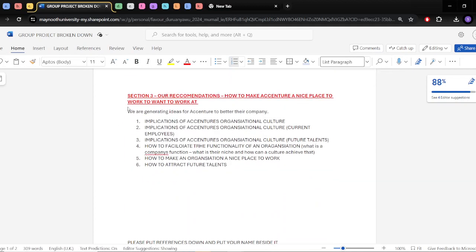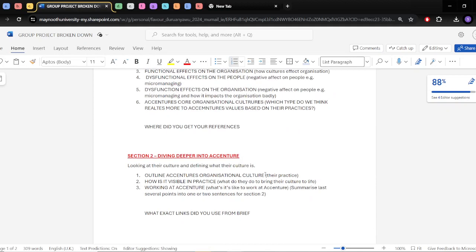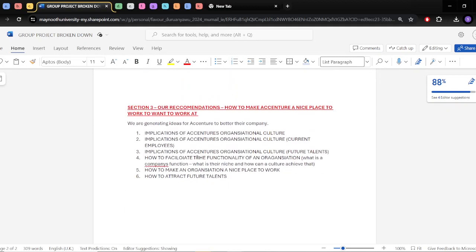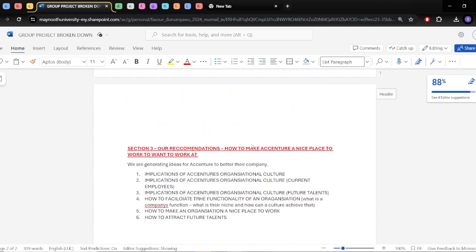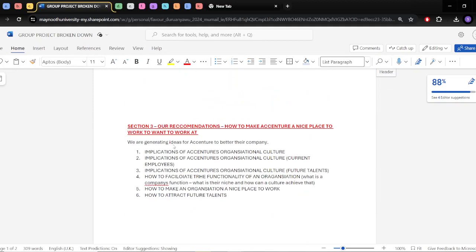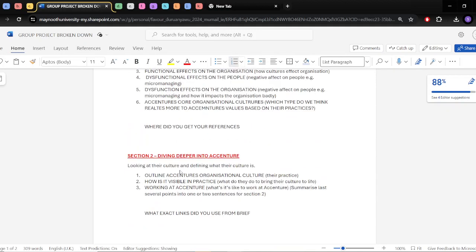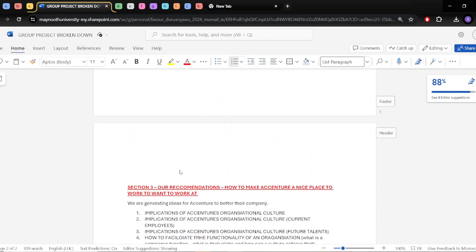And now for part 3, we did organize it from the brief, but as you can see, we didn't explain it how we explained it here. Blessing took the time to explain this a little bit more. But we didn't do that for this part, because we're not going to do section 3 until we have section 1 and section 2 done, because this is combining these 2 things, and I'm going to talk more about that towards the end of the video.